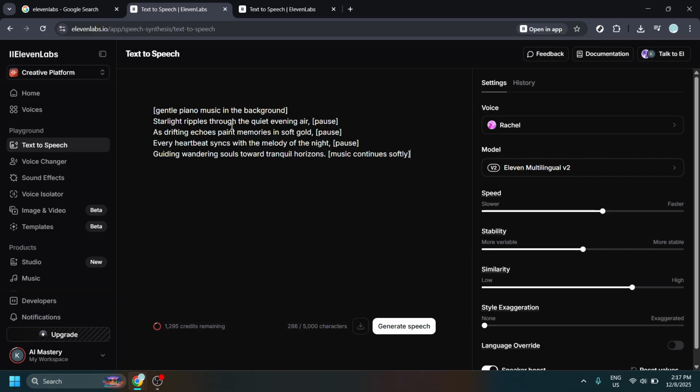For example, you could write something like: [gentle piano music in the background] Starlight ripples through the quiet evening air. [Pause] as drifting echoes paint memories in soft gold. [Pause] Every heartbeat syncs with the melody of the night. [Pause] guiding wandering souls toward tranquil horizons. [Music continues softly]